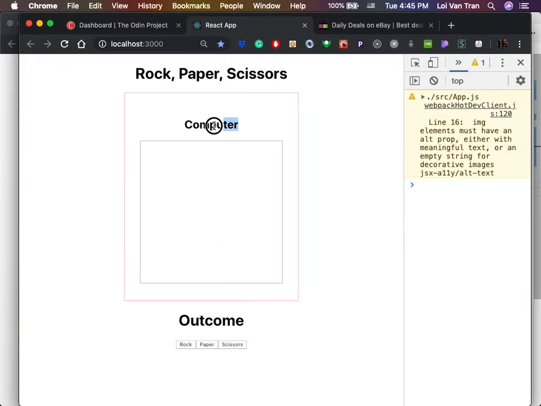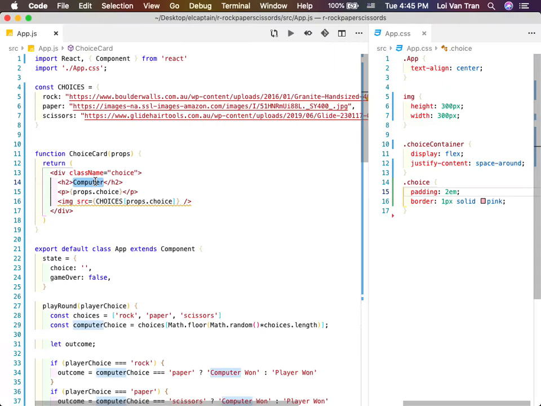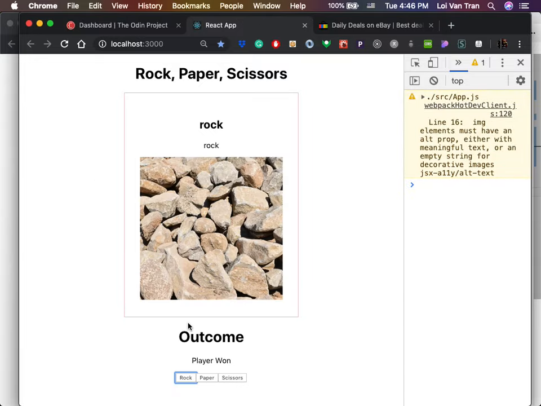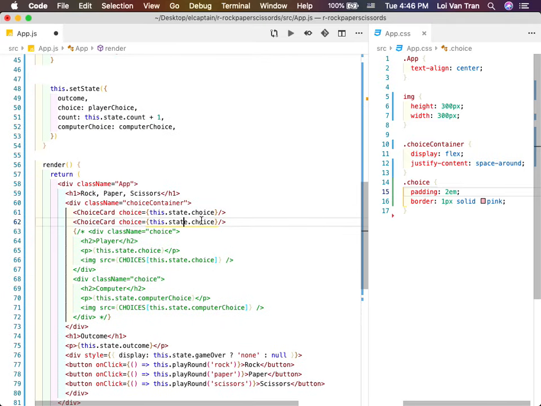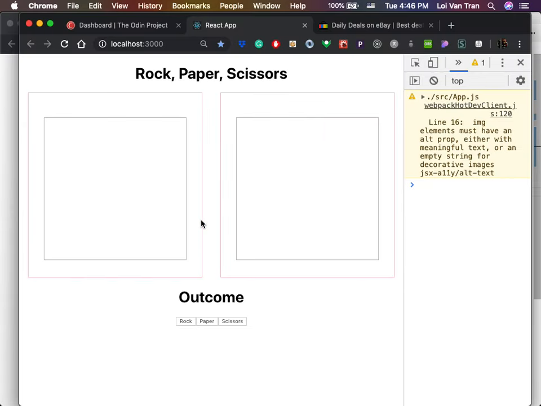But what is the problem here? This is a computer, right? So we also need computer on line 14 to change. So we're going to change this to props.choice. Save it, refresh it, click, and we got it to work. We didn't break it. Okay? So now the step becomes, just copy this one down here. So what are we going to pass in? Computer choice? Yes, computer choice, exactly. You save it, refresh it, now we see 2. And if we click it,